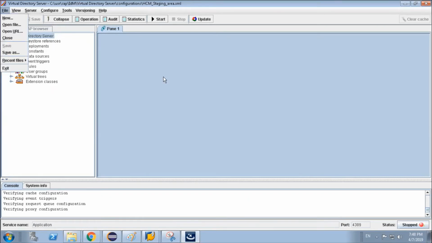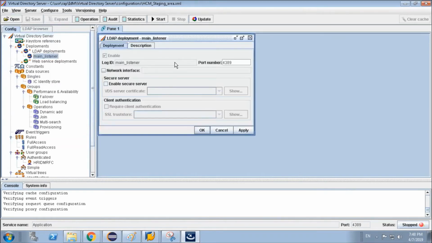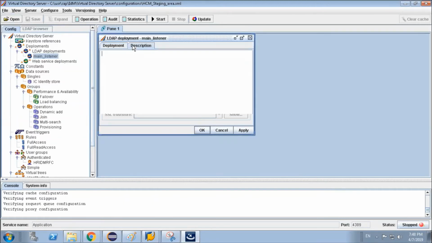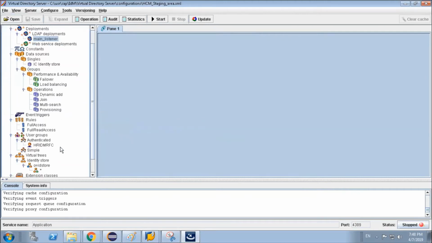Okay. Now, once our configuration is done, expand it and click on the main listeners, and you will see the port number. The authenticated user is HRIDM RFC. This is the authenticated user in order to connect to the HR system.